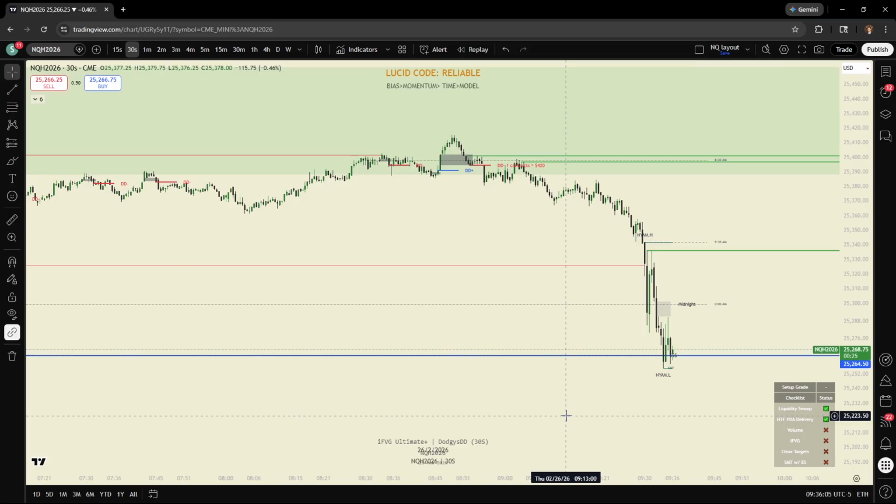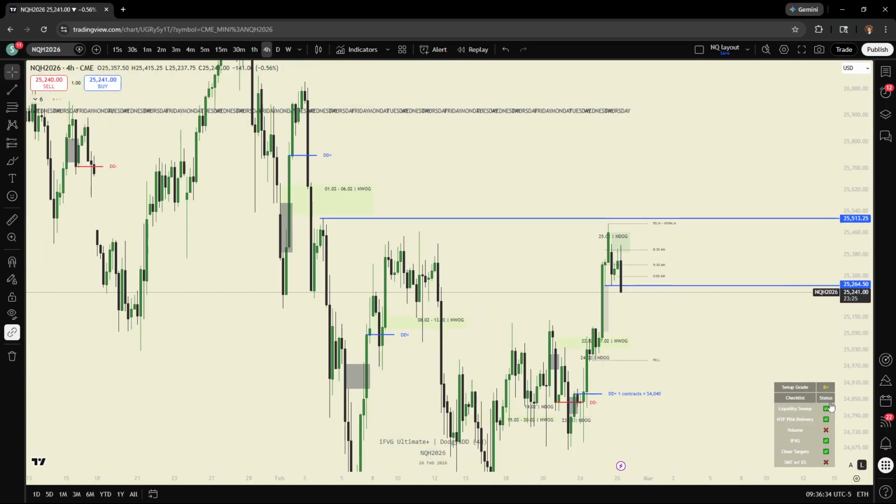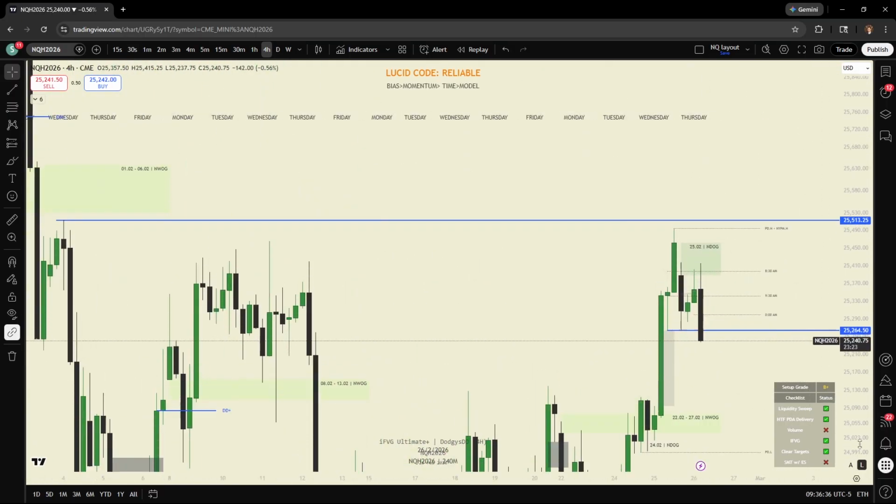Again, if we don't get some sort of instantaneous reaction from this level, then it's probably gonna be a no trade day. This is where we will have to react to get some sort of trade. If we don't react here and we just keep dumping, then the bias is probably bearish, and then you're just shorting way too low at that point. And we're in a 4 hour gap here. We're in a 1 hour gap. We need to see some sort of reaction here soon. If we don't get it, we don't get it.